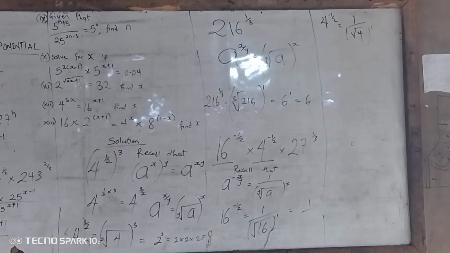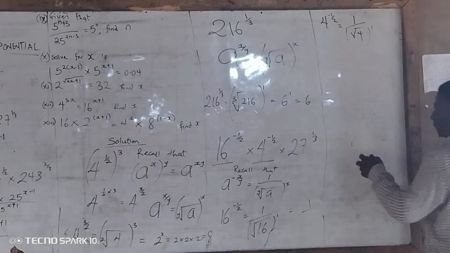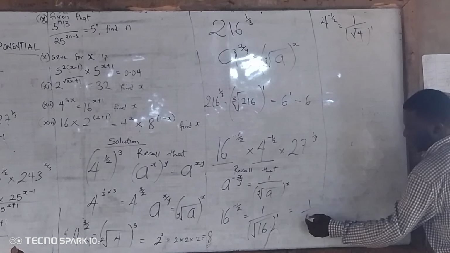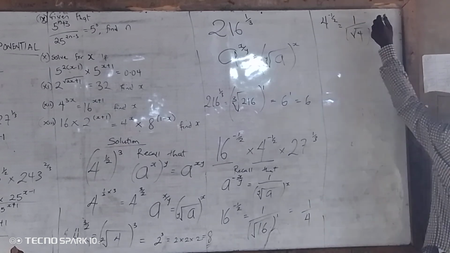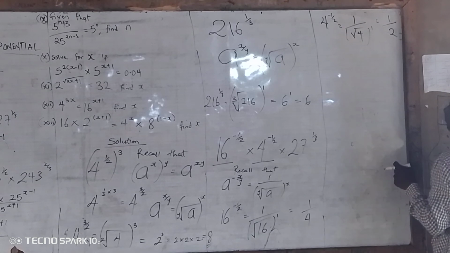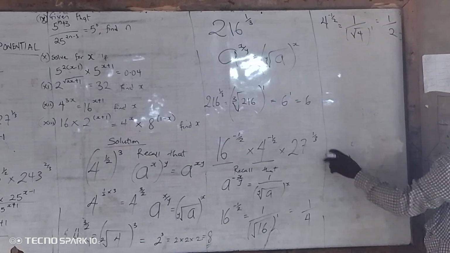Alright, so for this question, the square root of 16 is 4. So for this, the square root of 4 is 2. 2 raised to the power 1 is 2. So that's just that. Now the last number is 27